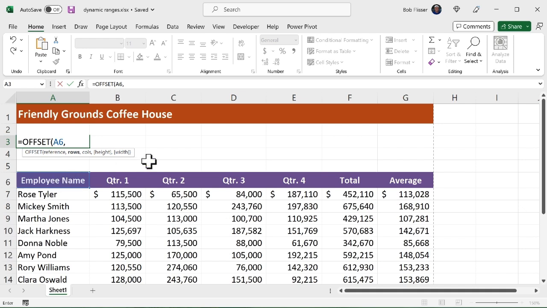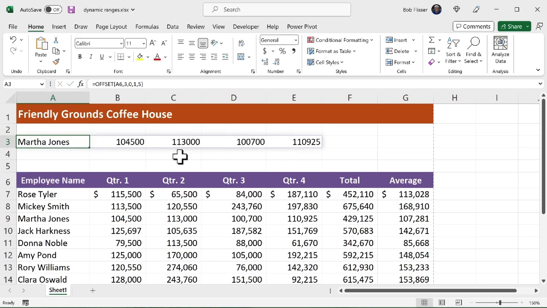comma. Now, how many rows down do I want? So let's say I want to go down 3 rows, comma, and I don't want to go over any columns. I want to stay in the current column, so I'm going to say 0, comma. How high do I want? Well, I want a single row, so I'm going to say 1, and then I want 5 columns, so comma 5. Close the parenthesis and enter or control enter, and now I can see the name of the employee and